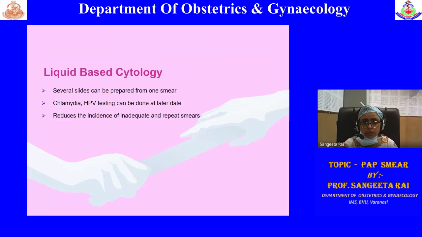So these are the disadvantages of the pap smear, which can be overcome by liquid based cytology, because they have a system where they filter only the cells of the cervix, and the rest of the debris is separated, and only those cells are taken out and a proper smear is prepared. So you will not see any other debris, blood cells or mucus. It will not interfere with your reading. So this has high sensitivity and specificity.